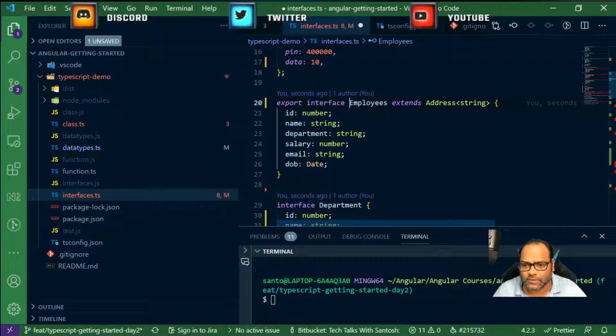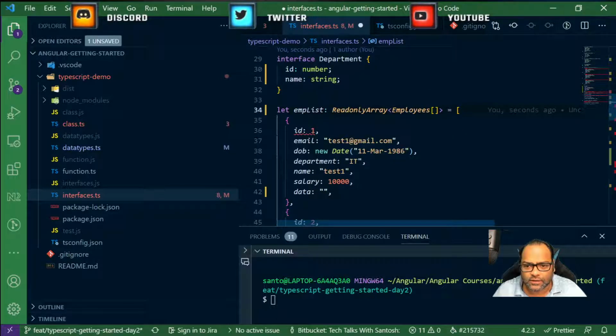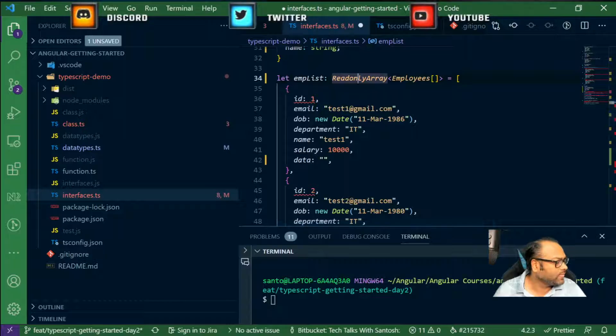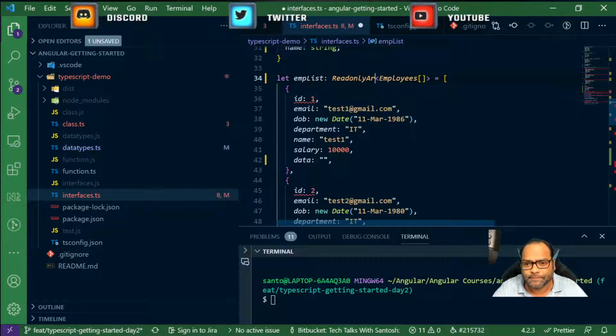So ID is available here, and it's in utility type read only. Ah, so it's only read only.